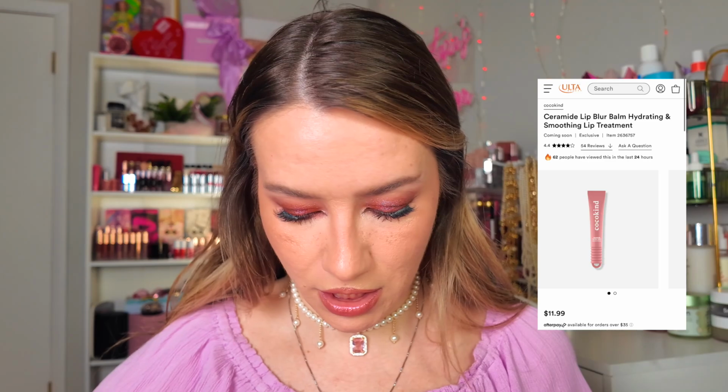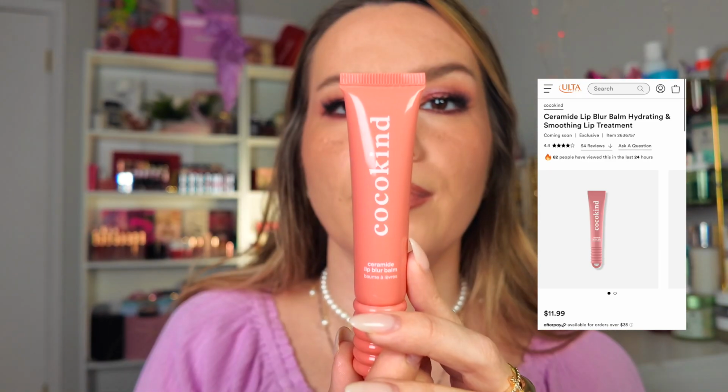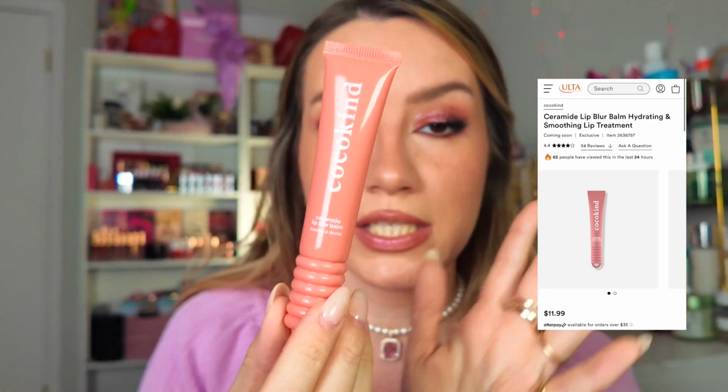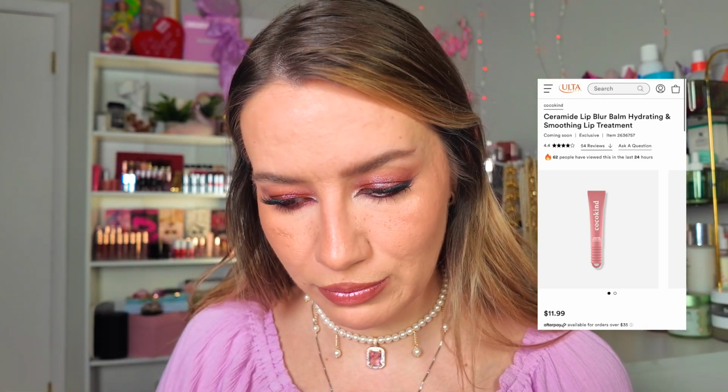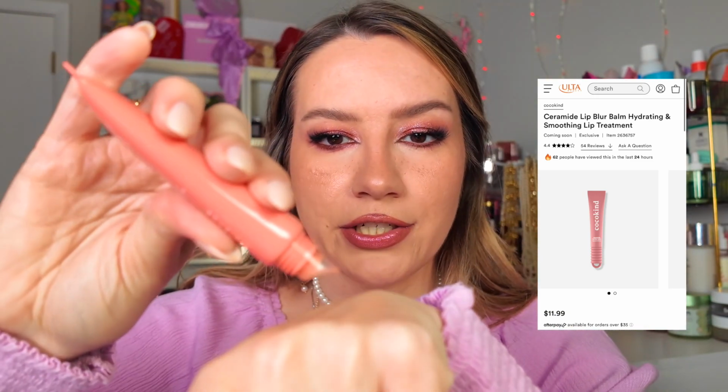All right, let's talk about the stuff that I tried in February and January. So first thing I want to mention is the Cocoa Kind Be Kind Ceramide Lip Blur Balm. There's something about this formula that made me feel so comfortable and hydrated. And I didn't even wear this for the shade. The shade is nice, by the way. It's like a warmer peachy shade. It is very nice, but I wore it for the way it made my lips feel hydrated